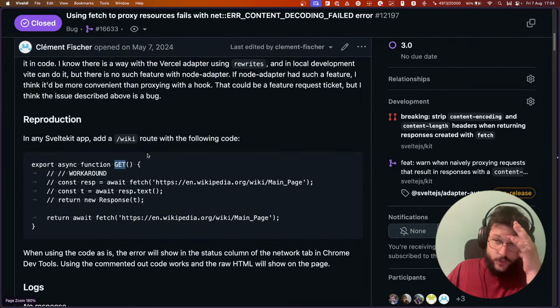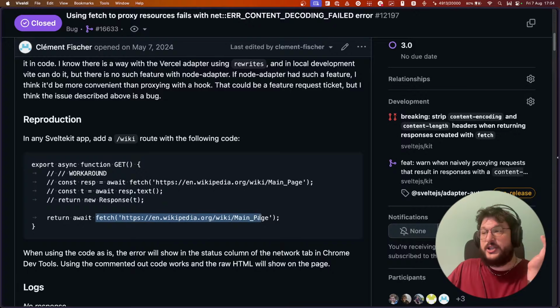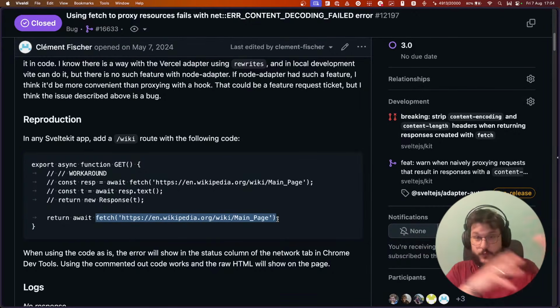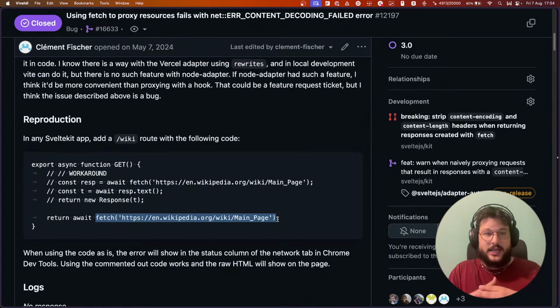Now the issue is that the moment you fetch something, if this something that you are fetching is encoded, it will have a content-encoding header, which right now is passed verbatim to the next,